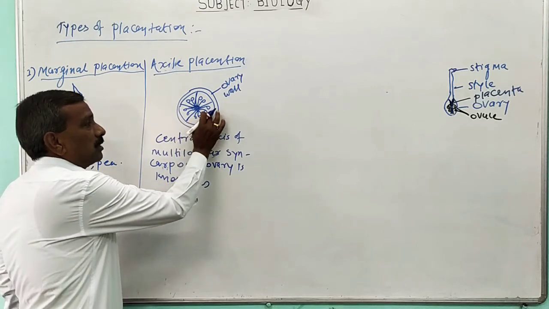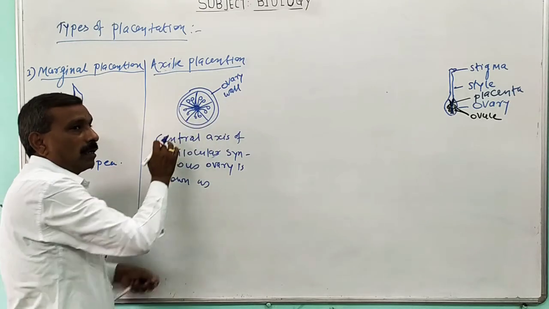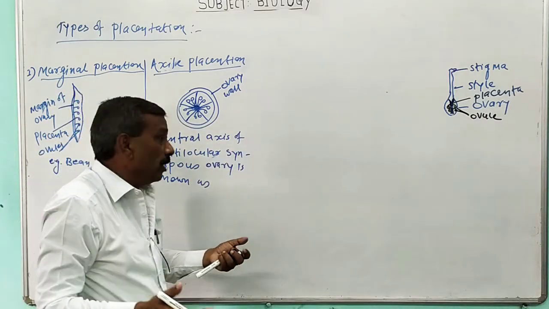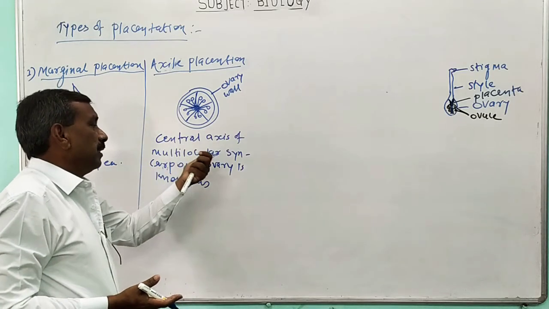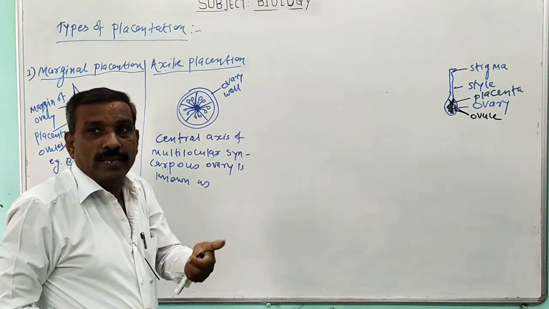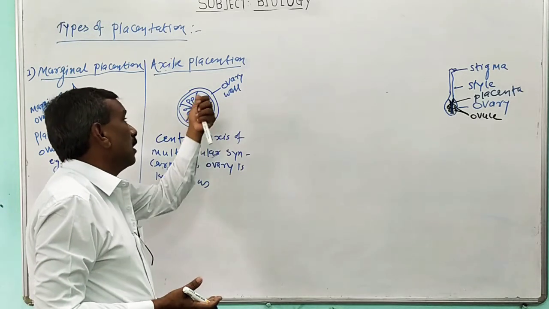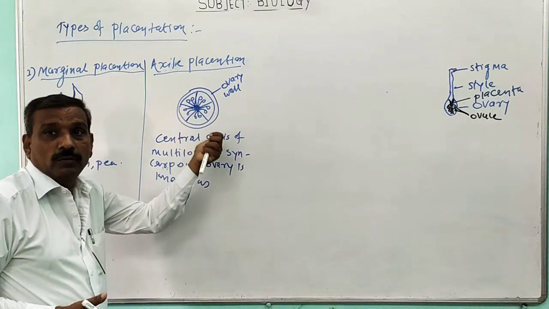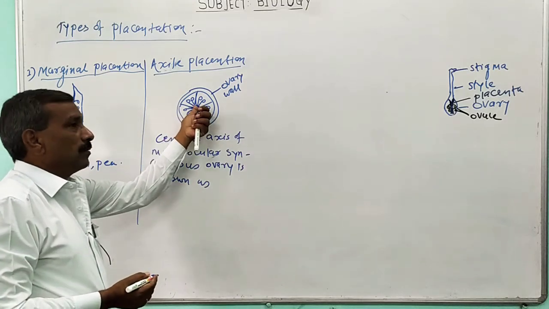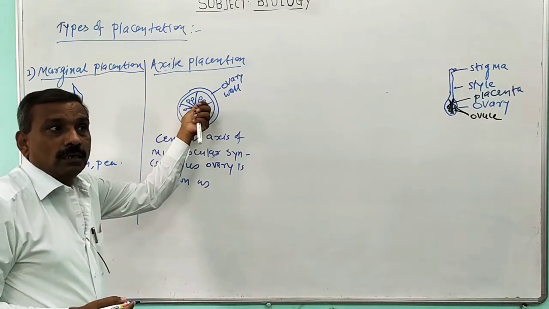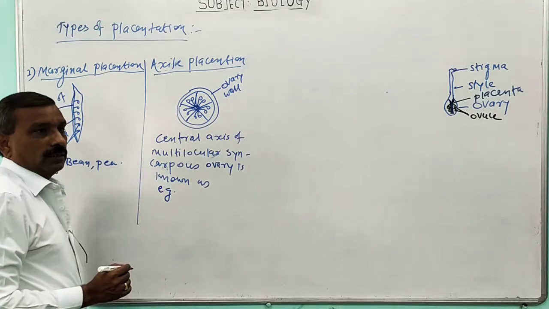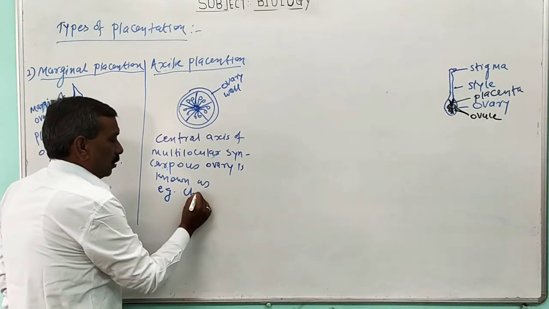This is one chamber, this one second chamber, third chamber, fourth and fifth chamber. An ovary consisting of more than two chambers is known as a multilocular ovary. And multicarpillary, म्हणजे more than two carpels, that is 3, 4, 5 carpels present in the ovary. Or the gynoecium is made up of more than two carpels, that gynoecium is known as a multicarpillary gynoecium. Thus, when ovule develops from the central axis, it is known as axial placentation.